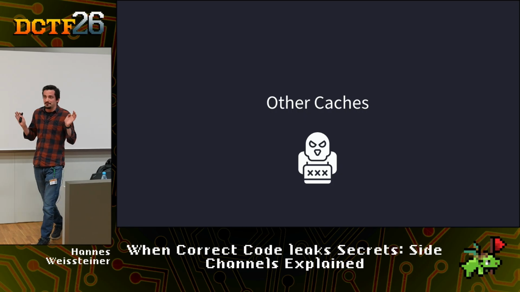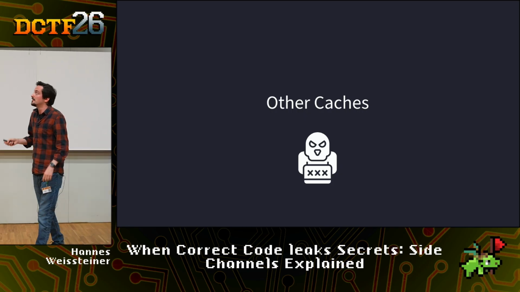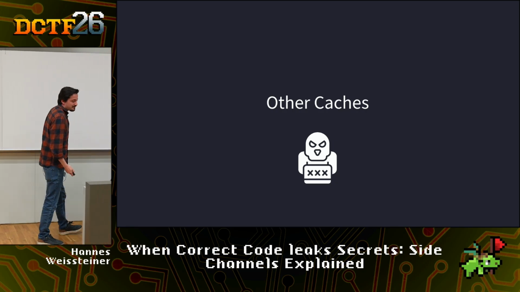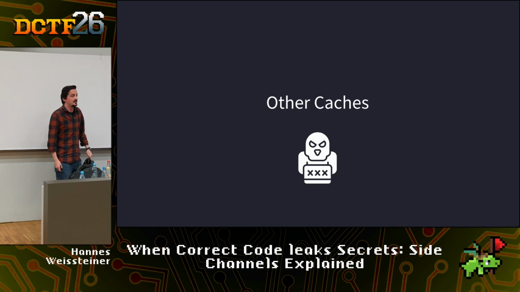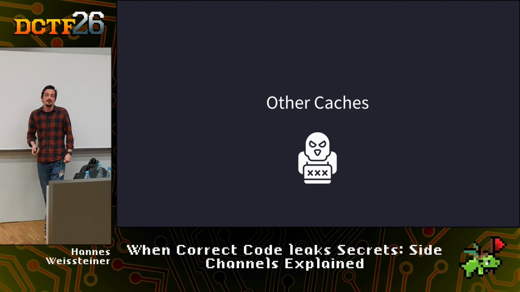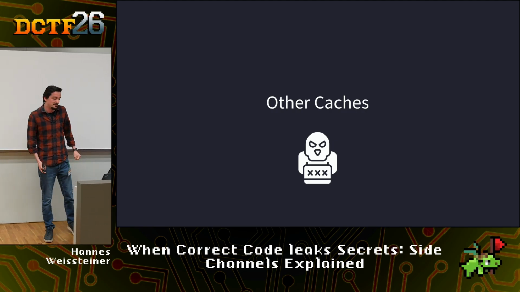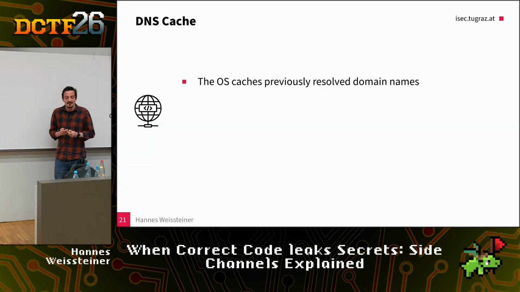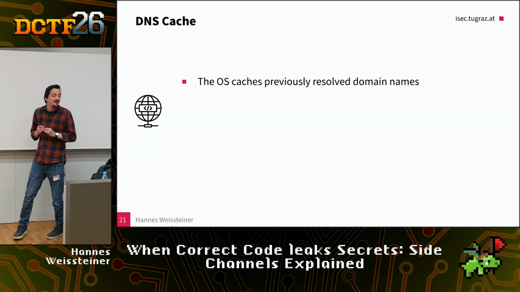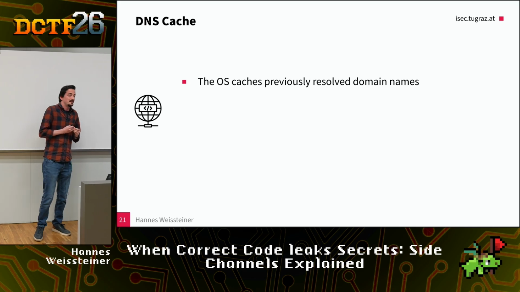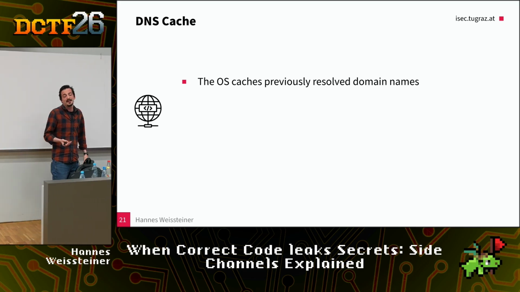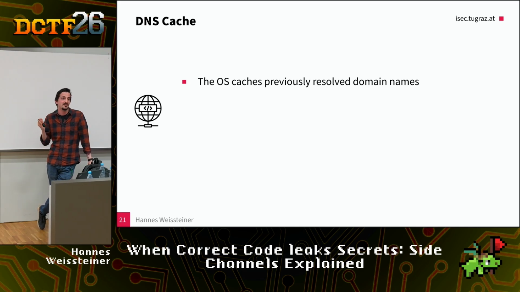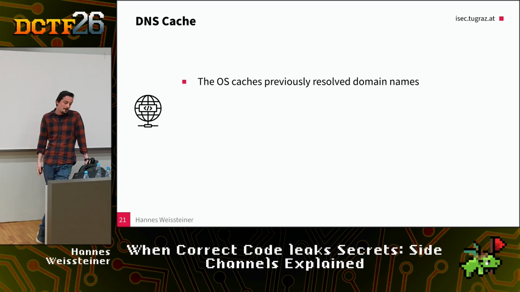So CPU caches, yeah, sure. What else can we attack? Because CPUs are very low level. Most of you probably do not write assembly on a daily basis. We have some very trivial ones. The DNS cache, for example. Some of you may have had to clear the DNS cache because something in the networking was wrong, because DNS always breaks.